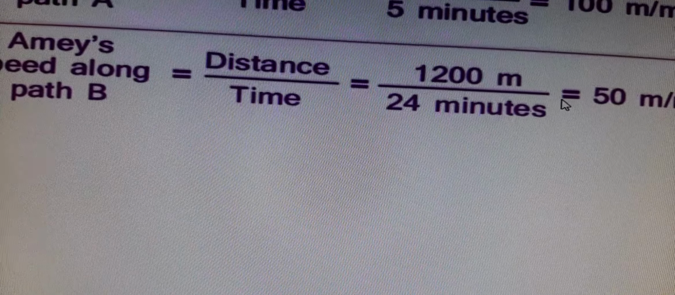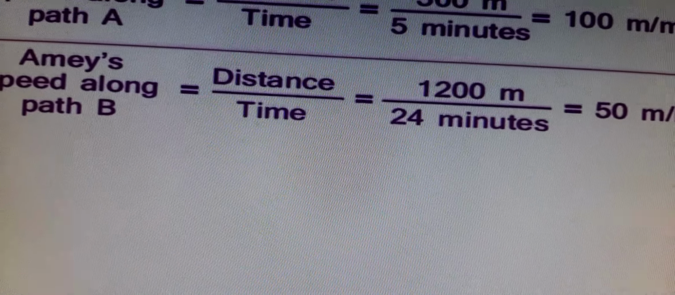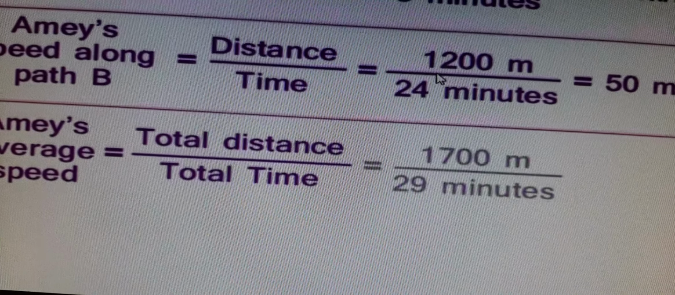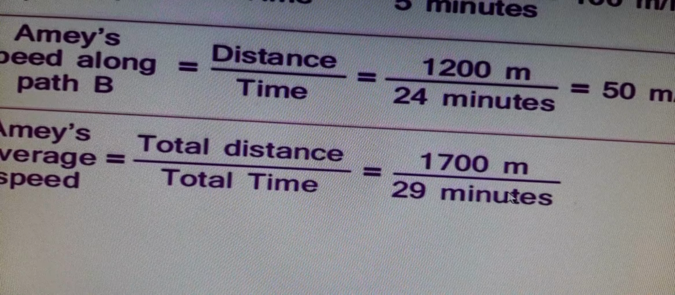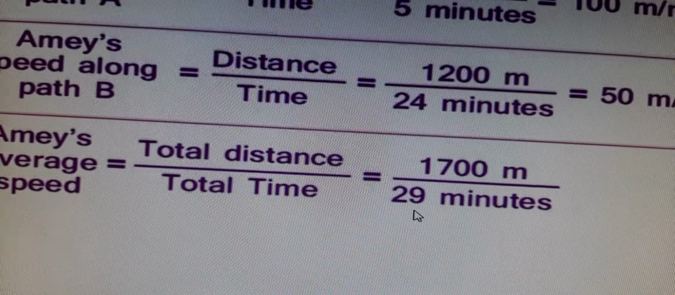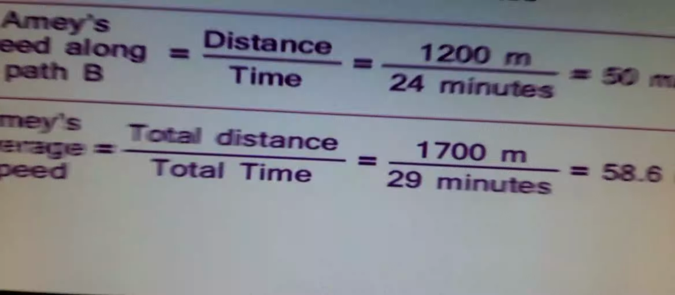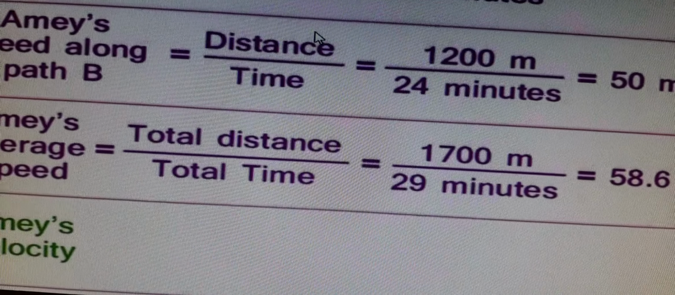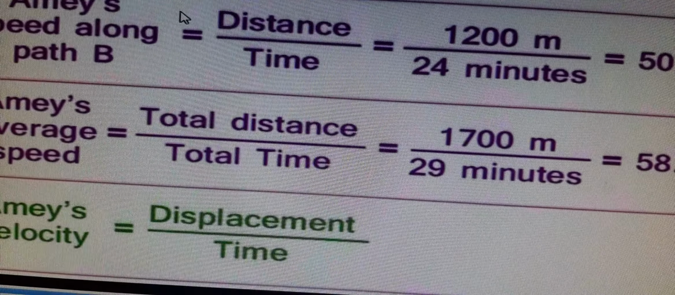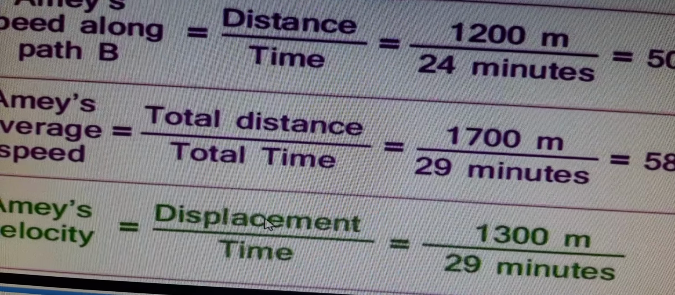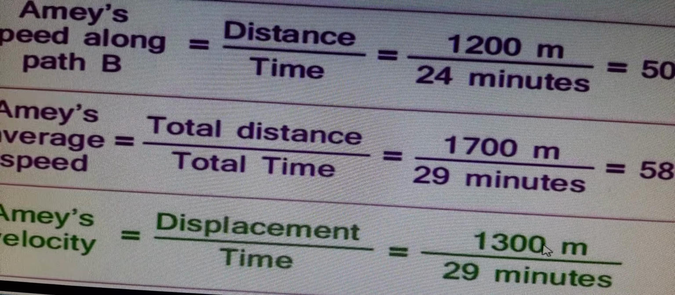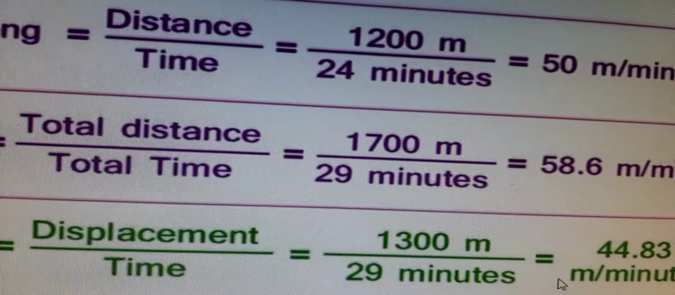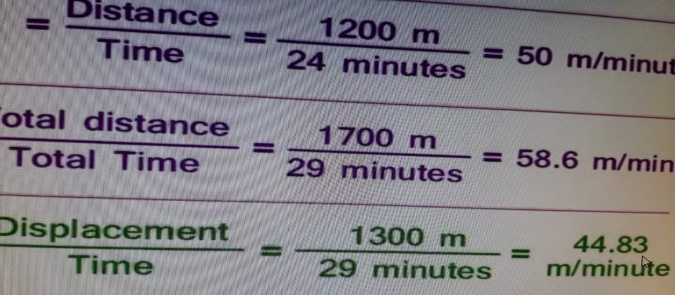Answer will get 50 meter per minute. But total distance he travels is 500 plus 1200, therefore 1700 meter upon total time of 29 minutes, therefore his speed is 58.6 meter per minute. Now we get to velocity. Velocity is concerned with the displacement. Displacement is 1300 meter, the direct distance, and the time is the same 29 minutes, therefore its velocity is 44.83